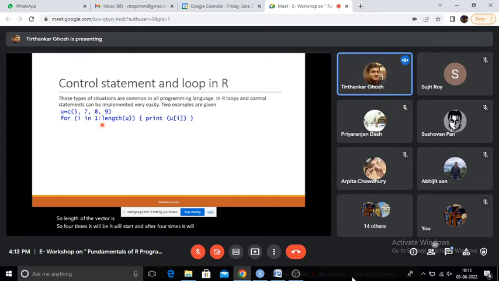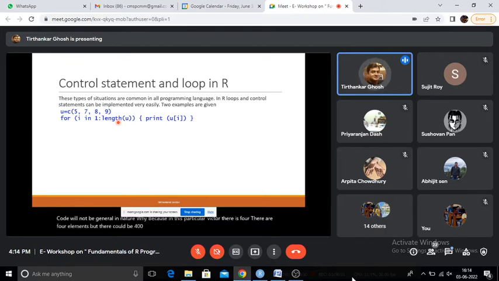The most commonly used loops. Now somebody might ask why we didn't write 4 here. We could have, because we can count that there are 4 elements in the vector u. But in that case the code will not be general in nature. Why? Because in this particular vector there are 4 elements, but there could be 400 elements.